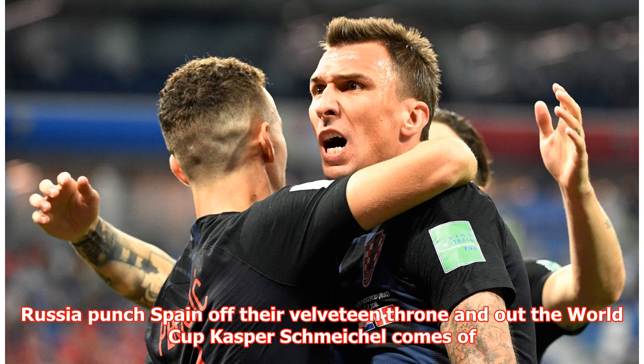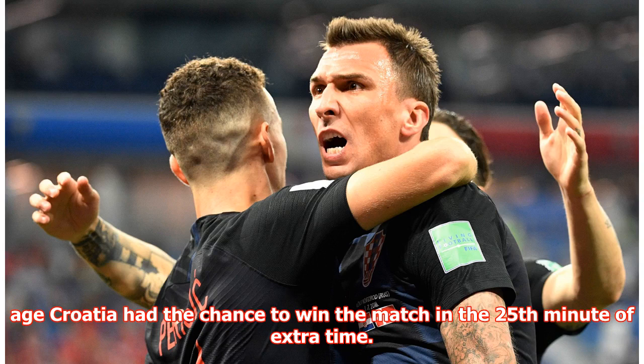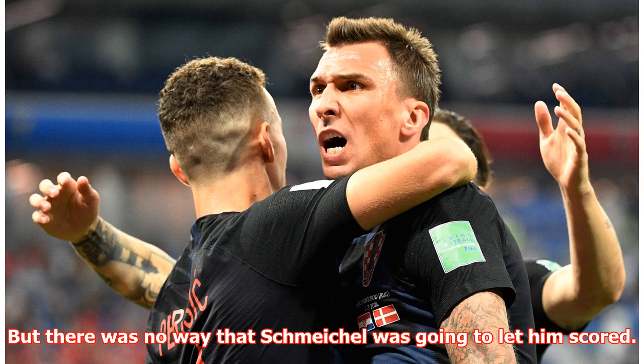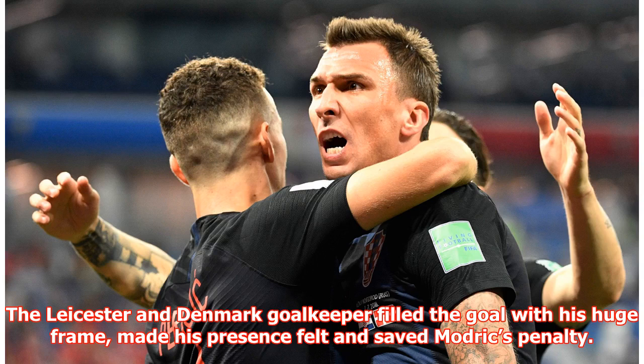Kasper Schmeichel comes off the bench as a hero at the World Cup. Croatia had the chance to win the match in the 25th minute of extra time. Modric placed the ball on the penalty spot after Zanko brought down Ante Rebic, who was through on goal, but there was no way that Schmeichel was going to let him score. The Leicester